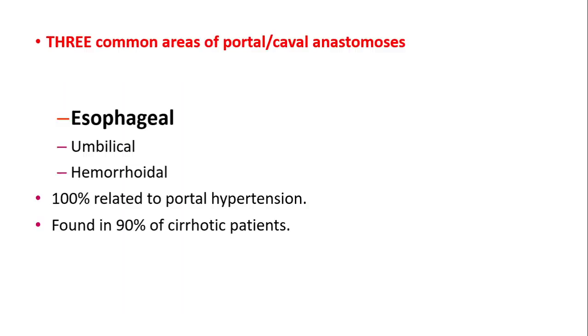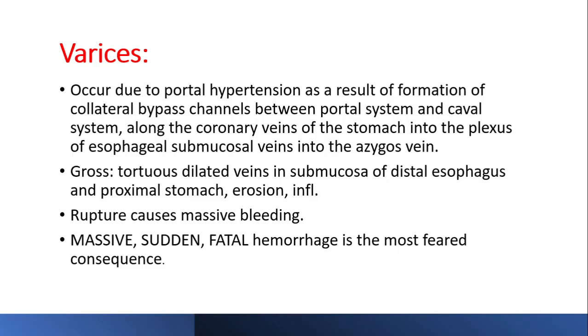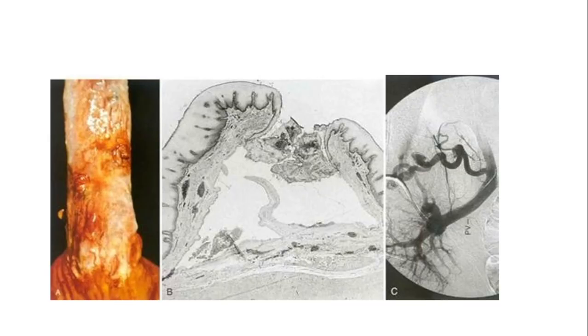So again, these are dilated tortuous veins in the lower esophagus, mainly in cirrhotic patients with increased portal circulation. And also these tortuous veins can be seen around the umbilicus and in the lower rectum. Hemorrhoidal vessels, rupture, laceration, and upper GIT bleeding, hematemesis, and melena are fatal causes of